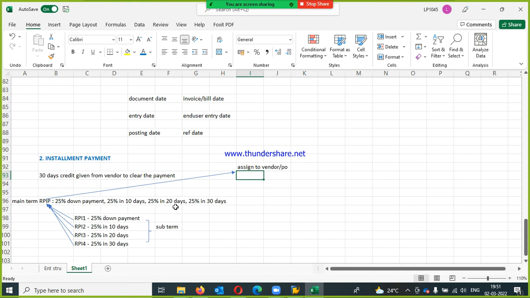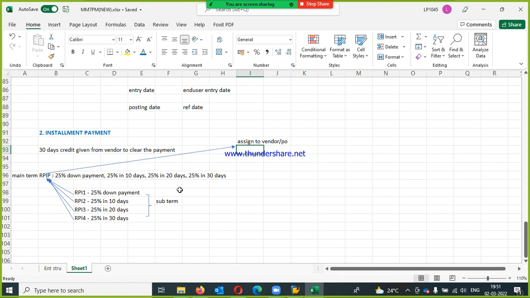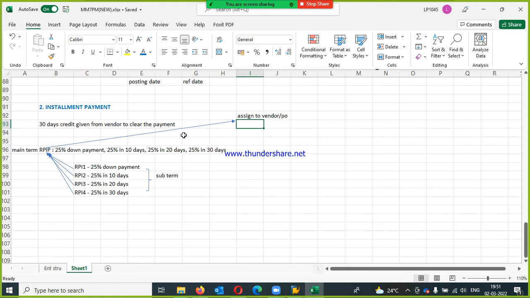This is all about installment payment, and this we are going to assign to vendor as well as PO. Fine. We'll do this